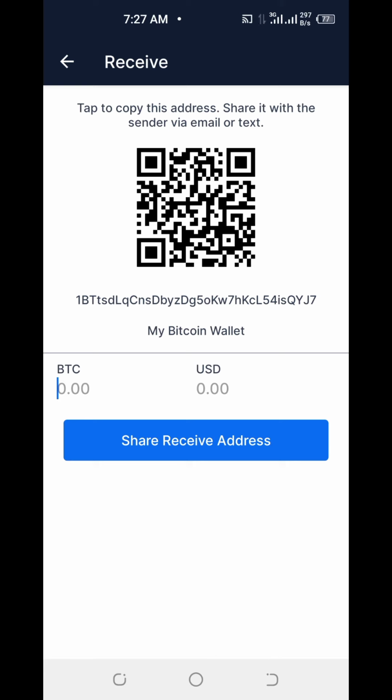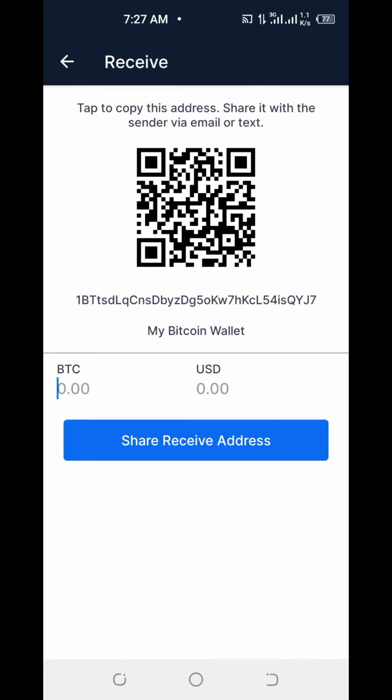So once it is copied, you can give it to somebody for the person to send you money on it. And in Bitcoin, if someone wants to send you money, you don't need to give the person your name or your email. You have to come to transfer, receive the Bitcoin wallet address, and then you copy the address here. The one which starts with 1 and ends with J7 is the wallet address. So you only need to give this wallet address to the person or to the sender, and then he will send it to this very address.